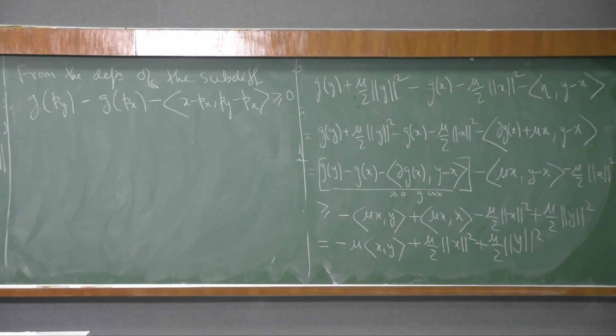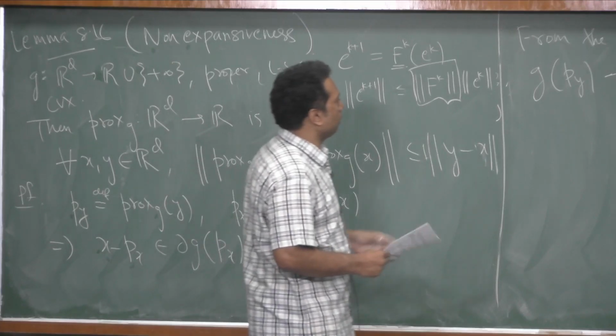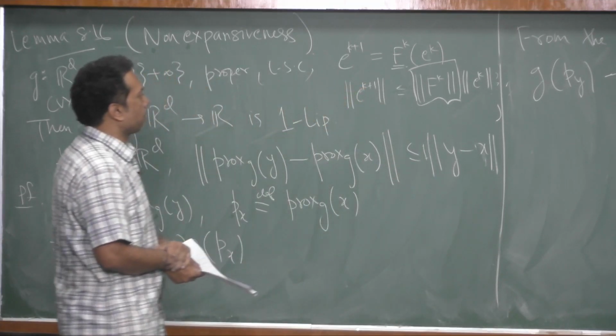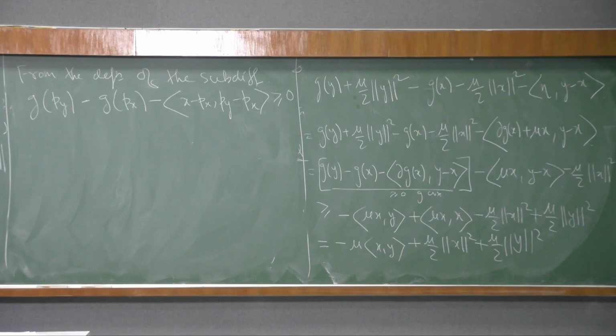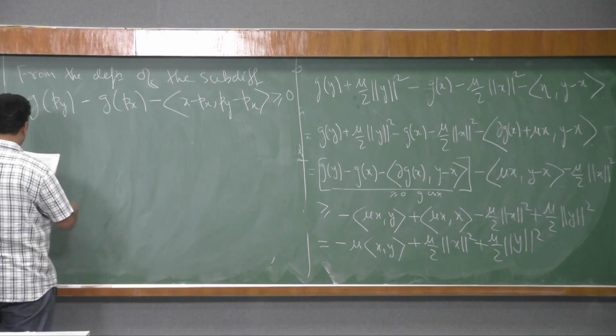Okay, the definition is for any y and x, right? For our choice we took y as py and x as px, and so this holds. And then similarly, I believe we did this for the px. The same argument will hold for py. We will get another inequality and we will add those two inequalities, okay, and from there we will somehow arrive at that. So similarly,